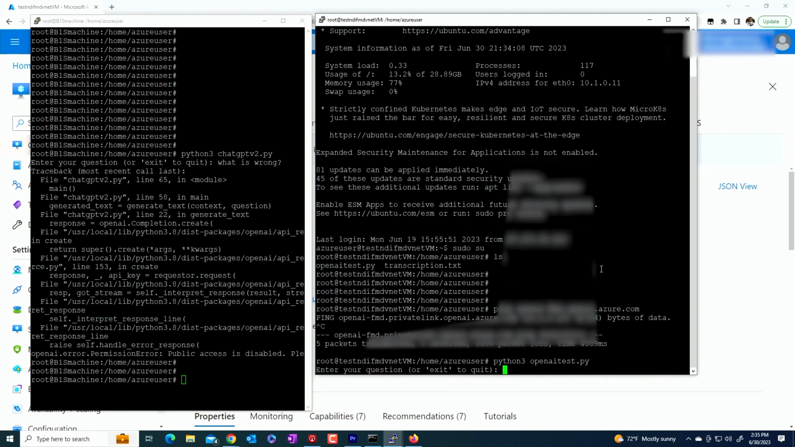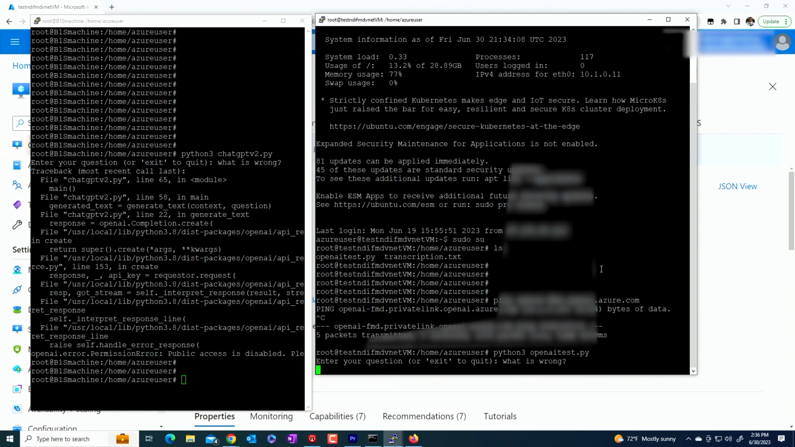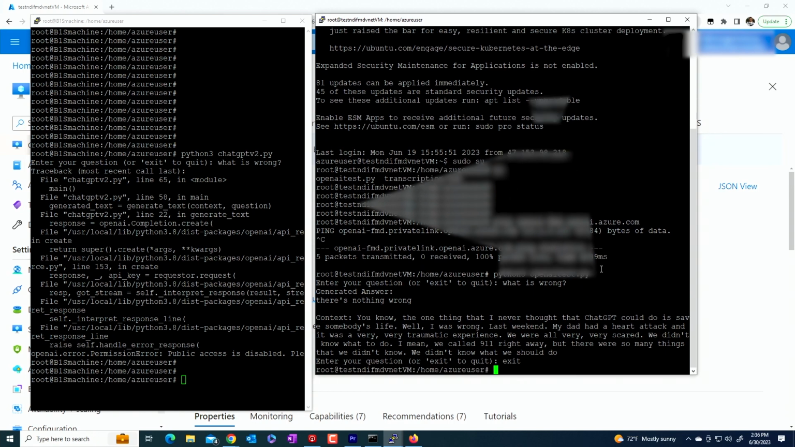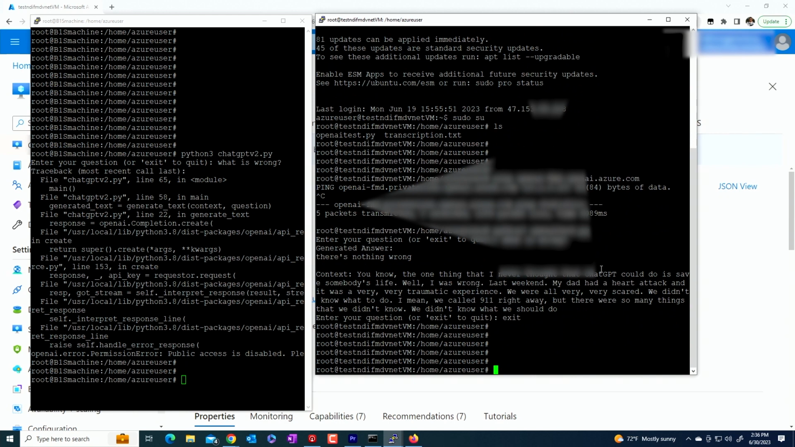And it says enter your question. I'm going to say, what is wrong? Question mark. And it goes out there and answers the question. It says there is nothing wrong, and the reason is because the file that I put in here is shorter than the original file. But what I'm trying to show you is that it responds with the answer. So that means that at this point we are able to get to OpenAI using the